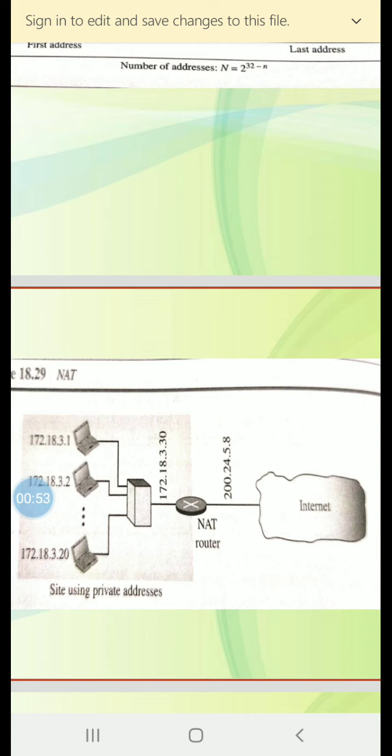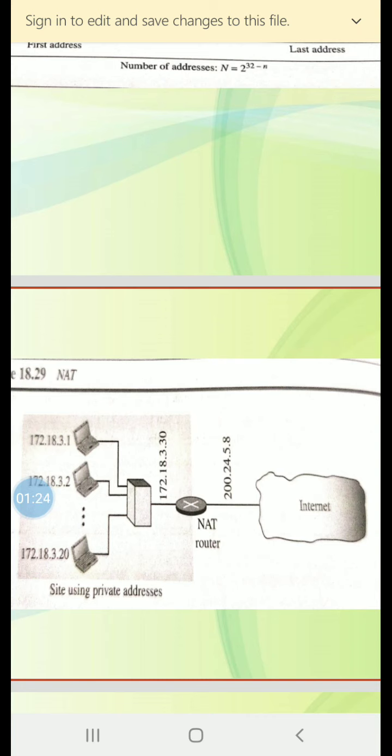We'll see next. The reader may have noticed that translating the source address for an outgoing packet is straightforward. But the question arises, how does the NAT router know the destination address for a packet coming from the internet?